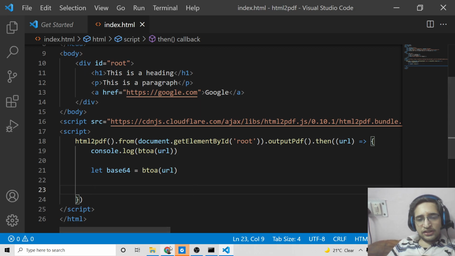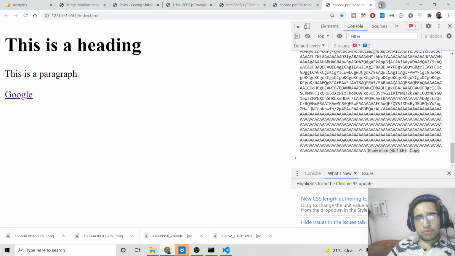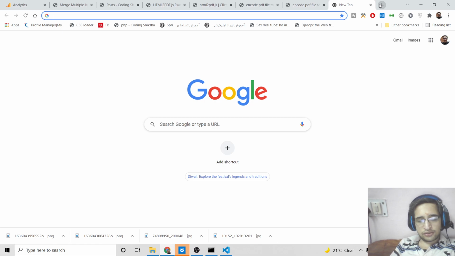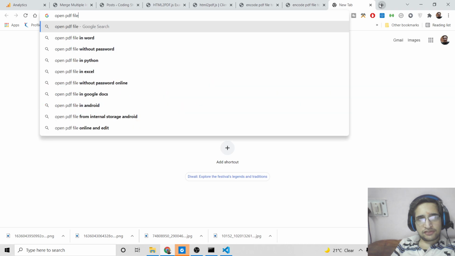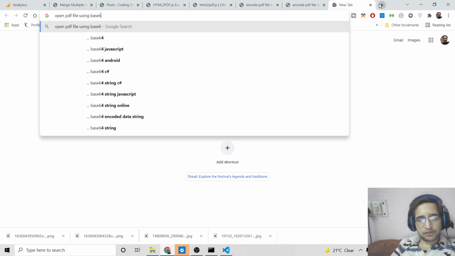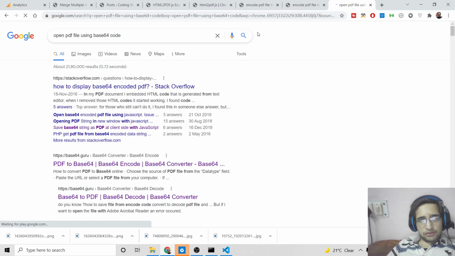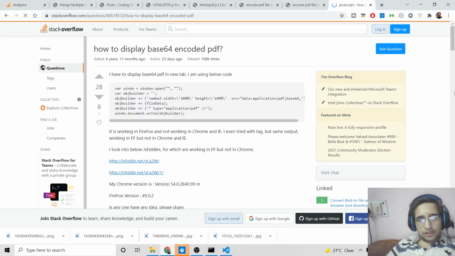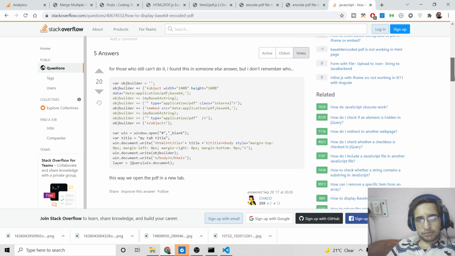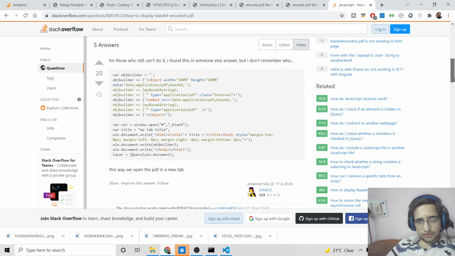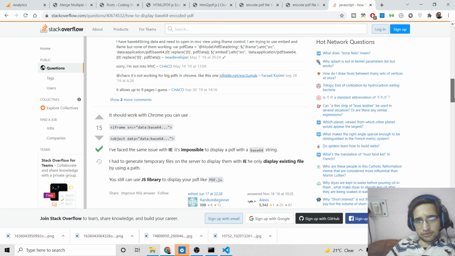Now, using this base64 code, guys, you can open this PDF file. Just inside Google, write open PDF file using base64 code. If you do that, how to display base64 encoded PDF, you will see this.